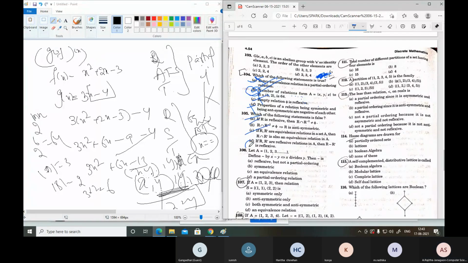So this is not reflexive. That means R minus R complement is not reflexive. So only reflexive minus reflexive is not reflexive. Okay. Then coming to this one, so this satisfies which? So here the negation, here it defines negation, that means here the relation tilde symbol ఇచ్చారు. Tilde symbol meaning ఏంటంటే x divides y.